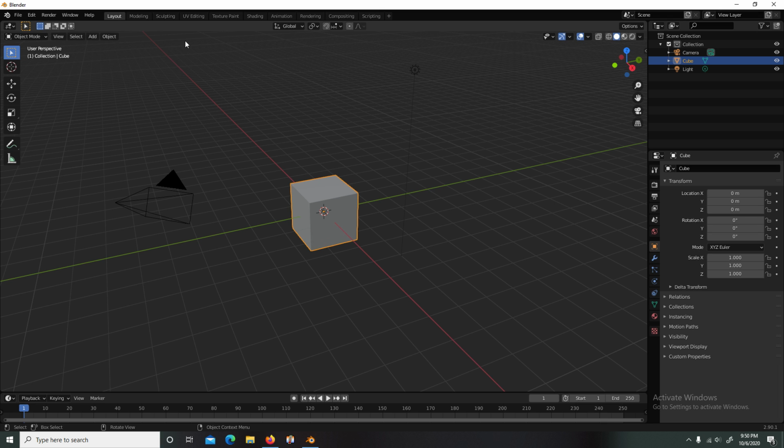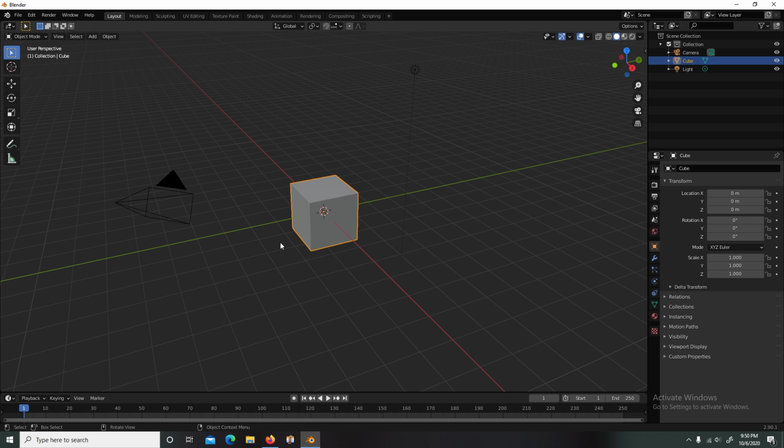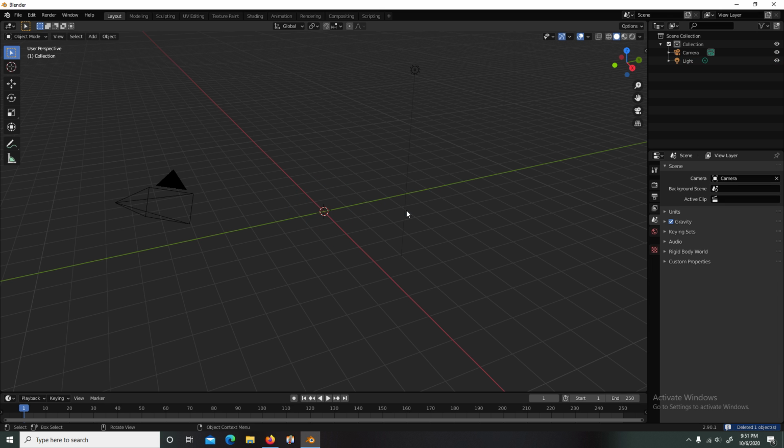If you go over to Render Image, this is the scene that everyone gets. This is how you start off every single Blender project. So what we are going to do is select the cube, hit X, delete. You can also right click it and then delete it like that. And then we're going to hit Add